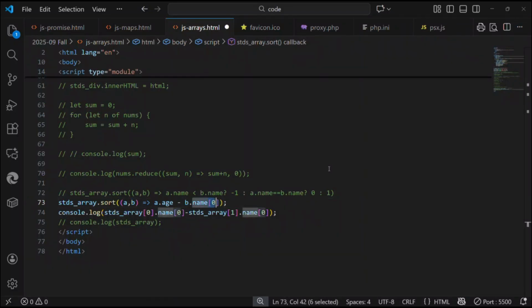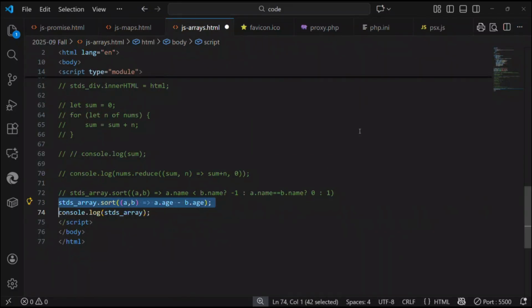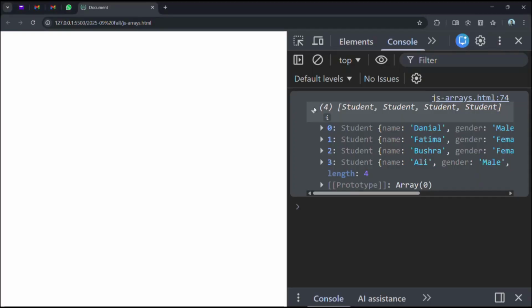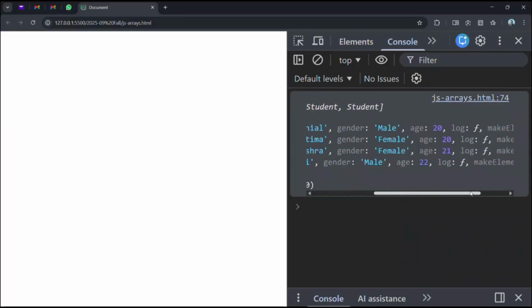a.age को हम लोग b.age से subtract कर देते हैं। Basically अब name के ऊपर sorting हो जानी चाहिए, sorry age पे, right? So हमारे पास 20, 20, 21, 22 age पे sorting होगी।